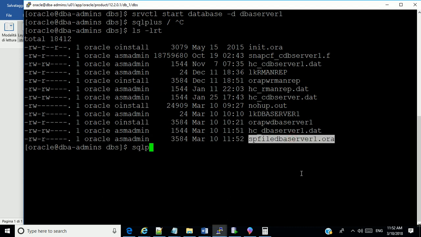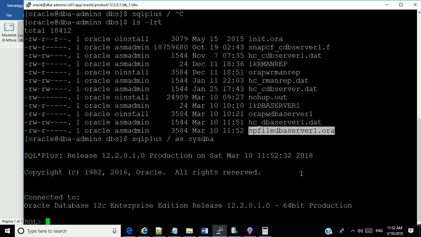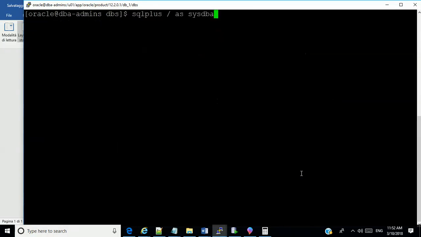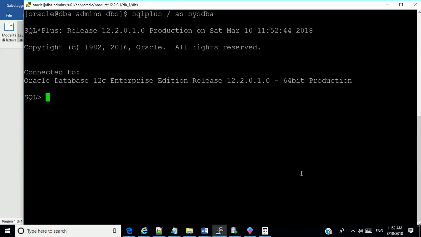Now I'm going to connect to SQL*Plus and create a PFILE. This is not clear here. Let me exit and clear the screen. All right.